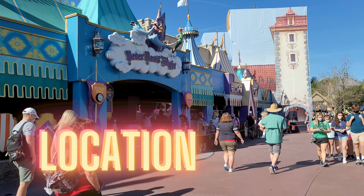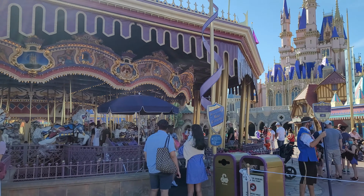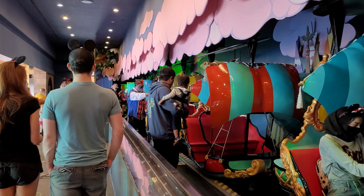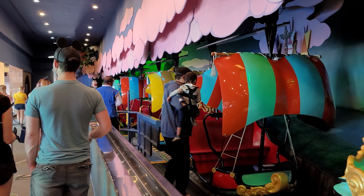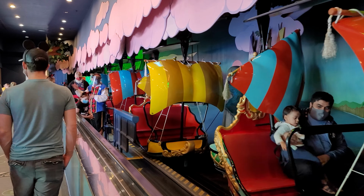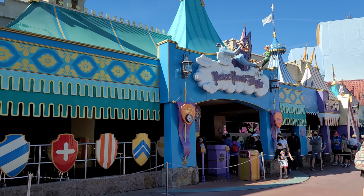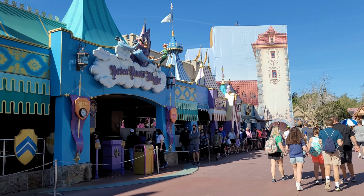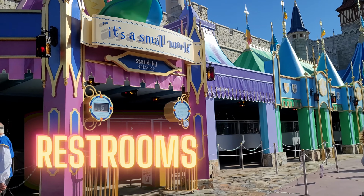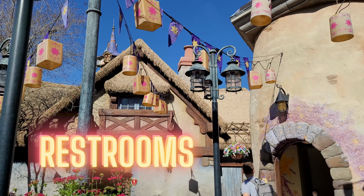You'll find this attraction located in, you guessed it, Fantasyland, and while this attraction originated in Disneyland in California, the version we'll be taking a closer glance at today is the Walt Disney World version found at the Magic Kingdom in Orlando, Florida. You'll find Peter, Wendy and the Lost Boys hanging out right along the main walkway of Fantasyland. Directly across from the quick service restaurant Pinocchio's Village House, and just a few steps up the hill from It's a Small World. Restrooms can be found close by at the Tangled bathroom area, again just beside the Small World